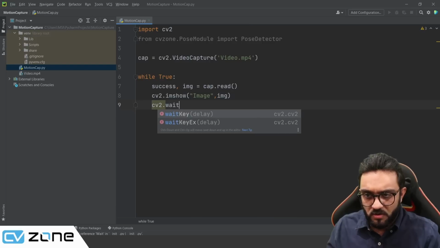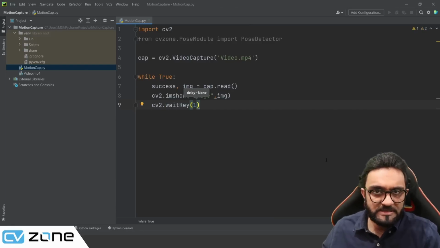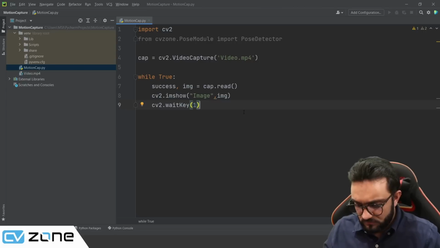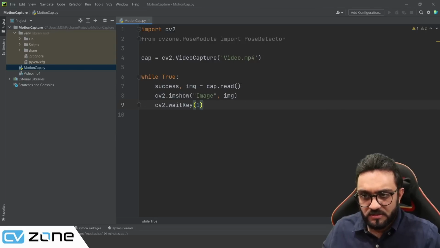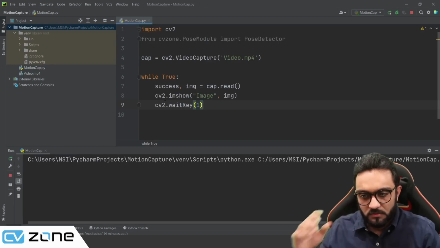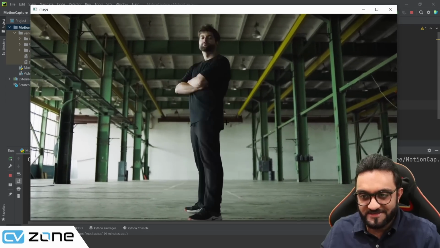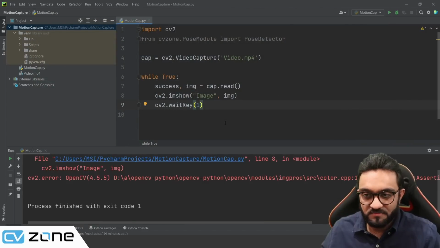W is small and K is capital, and we will give it a 1 millisecond delay. So let's format that, and right click and run that. There you go. You can see it is running quite fast, but as soon as we introduce the pose